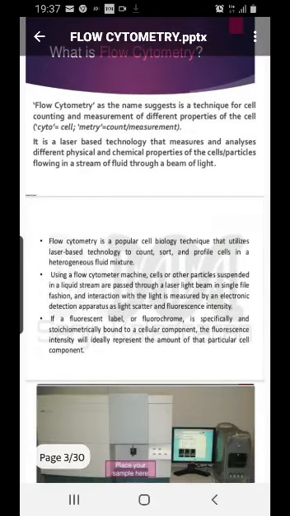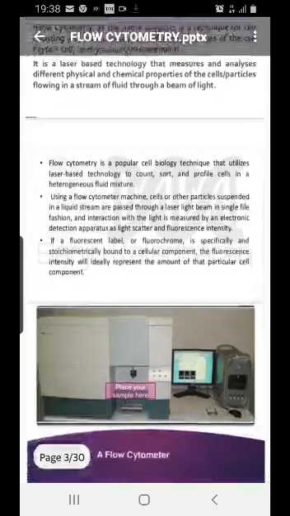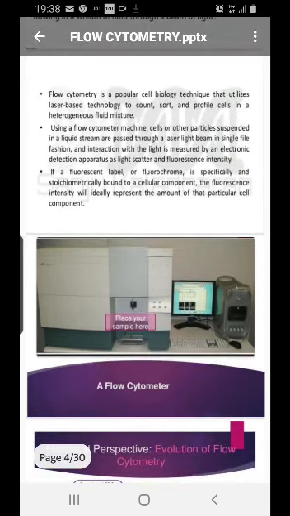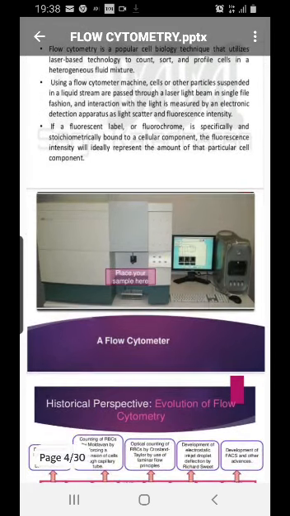So let's see, it's a laser based technology that measures and analyzes different physical and chemical properties of cells flowing in a stream of fluid through a beam of light. The principle and all these things will be discussed in detail. It's a cell biology technique that utilizes the laser to count, sort, and profile cells in a heterogeneous fluid mixture. In this machine, the cells are suspended in a liquid stream of